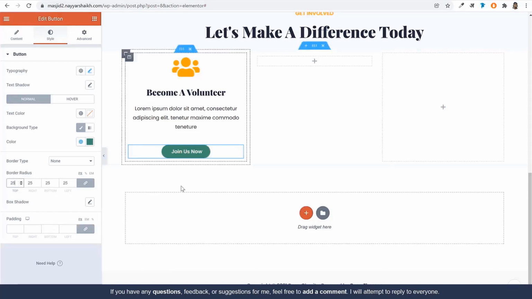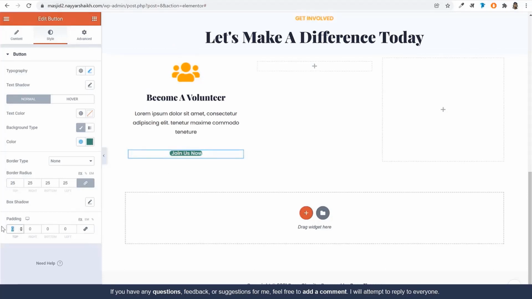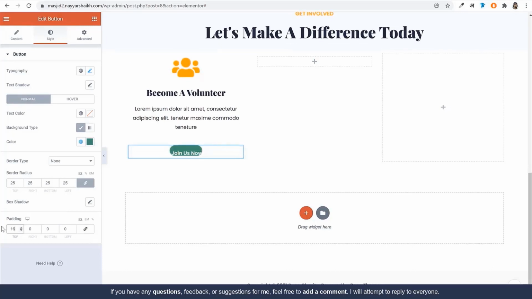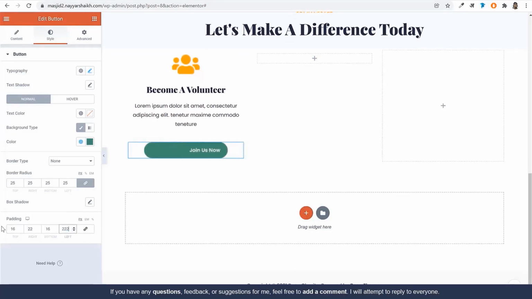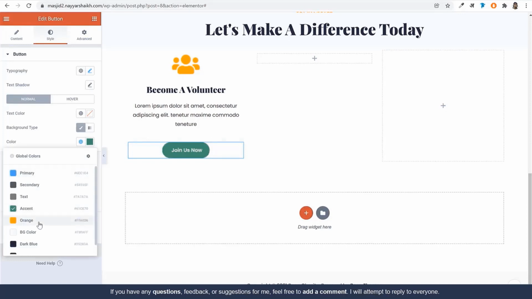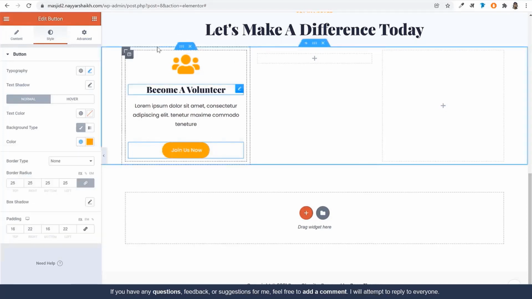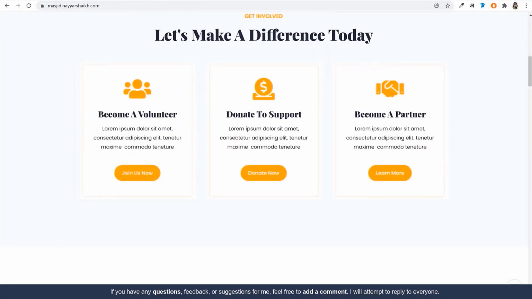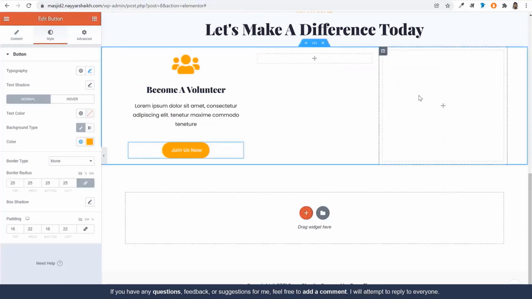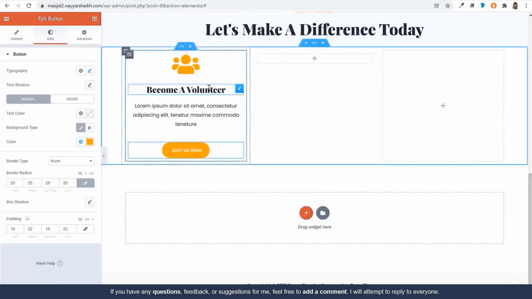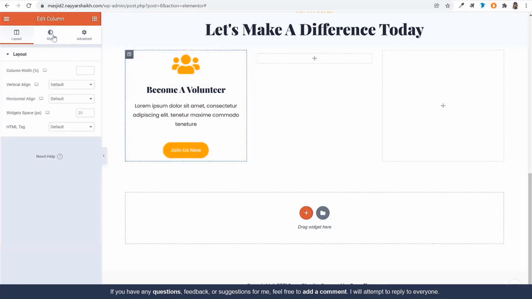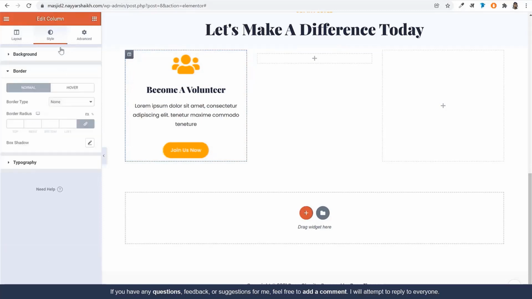And we also want to change the padding. So padding of this will be 16 from top and bottom and 22 from left and right. And obviously the background color will be this orange color because we are using this color everywhere. This is like our primary color. Okay. And now this thing will be useful. The reason we have used this inner column is that we can use this option, edit column. So select this inner column, click on this edit column, and let's add a border first. So go to border, go to style, add border. Border type will be solid, width will